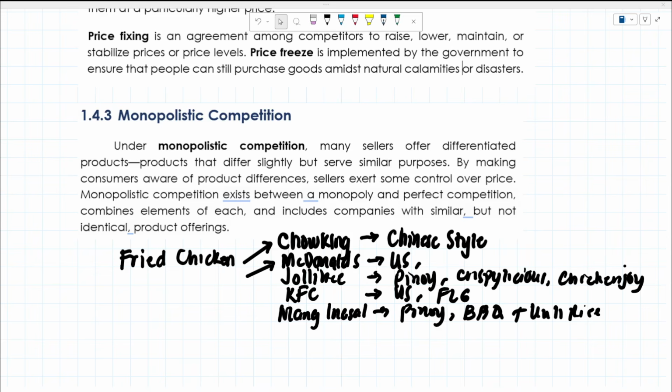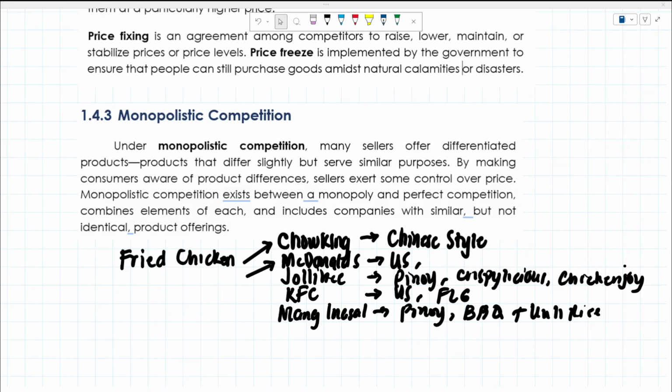This is a more simple approach. Okay, another example. Let us observe coffee shops, like Starbucks or some local cafe that we can observe there. So many sellers compete for the same customers, but their products are not identical in this scenario. Okay, what do they compete on? They compete on branding.